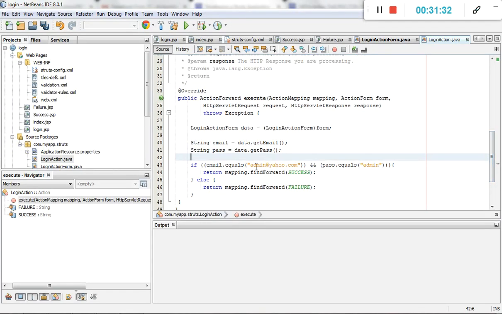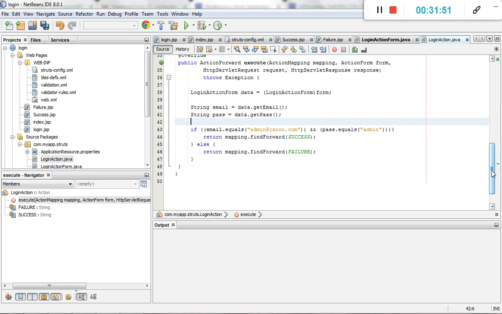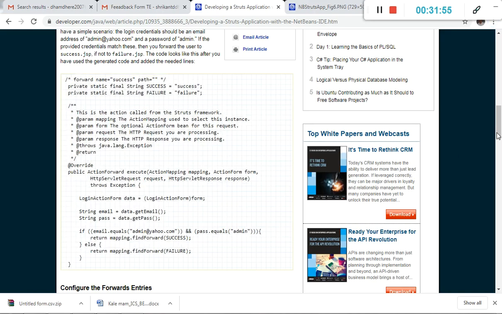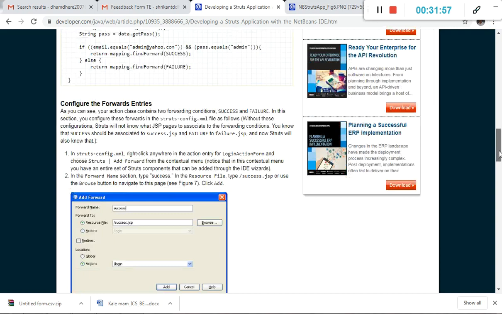It automatically verifies all details, like checking whether a particular mail ID contains @ or not, and whether it comes with a .com or not. It's all functionality which we just use from Struts functionality. That is actually the use of the Struts framework. Now we will move to the next step.